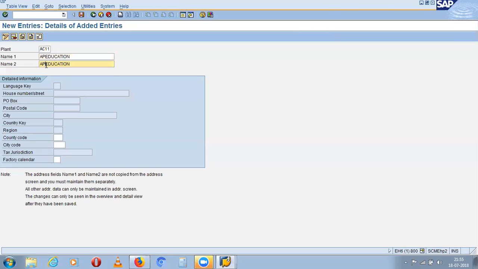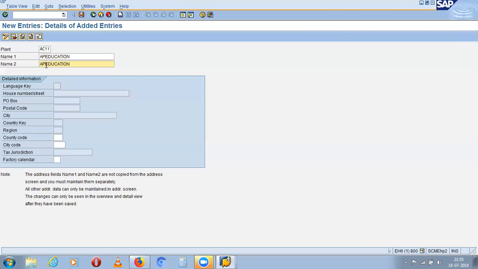It can be different. Then how will it know? Those are the fields which are associated with the plant, just for the search criteria.